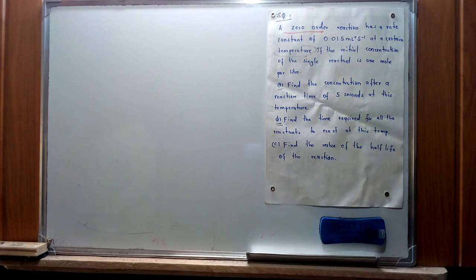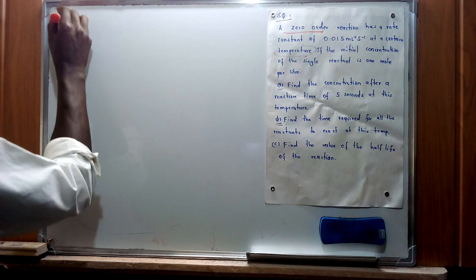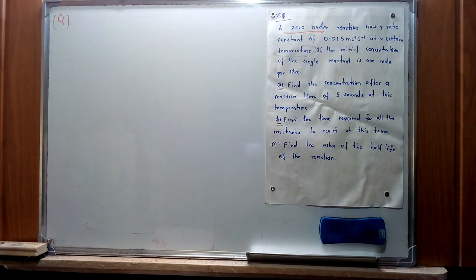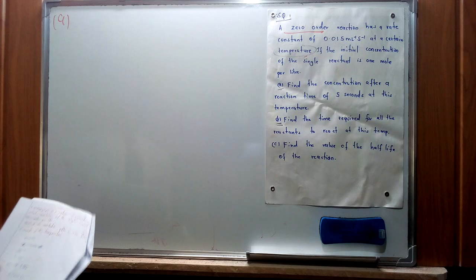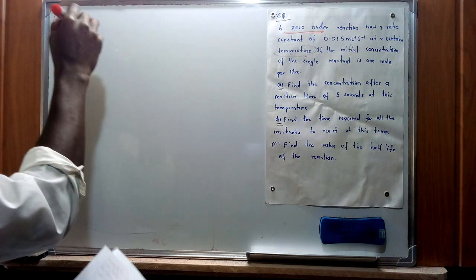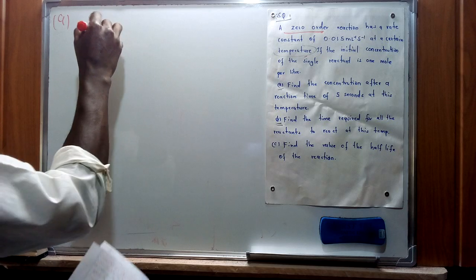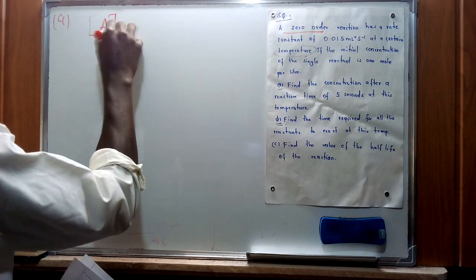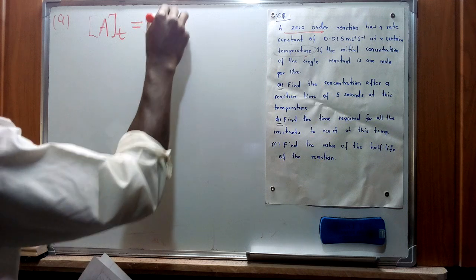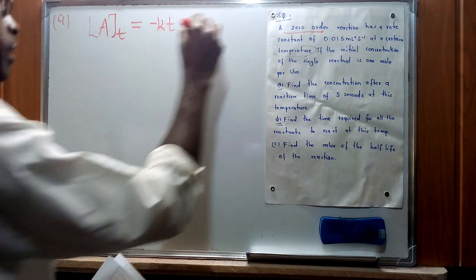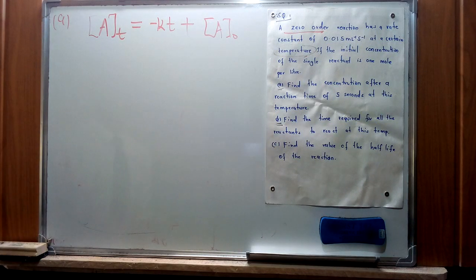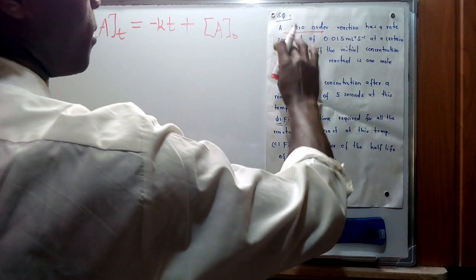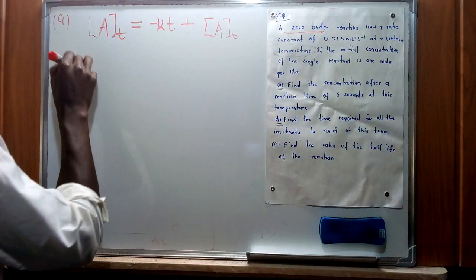So we start with A. First, by extracting the information that we have been given from the question, a zero order reaction rate. In finding the parameters of a zero order reaction, we are given that the concentration at time t equals negative kt plus the initial concentration. Therefore, we're going to use that. So this is for a zero order. A zero order reaction has a rate constant. So k has been given as